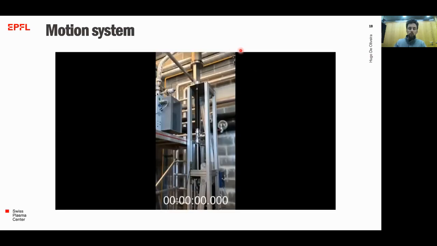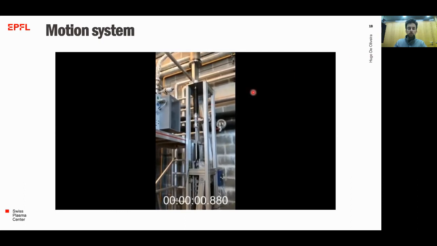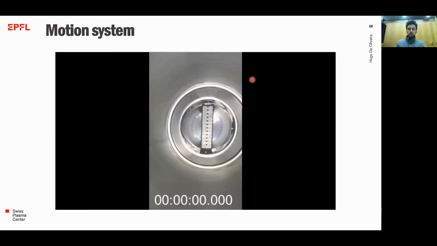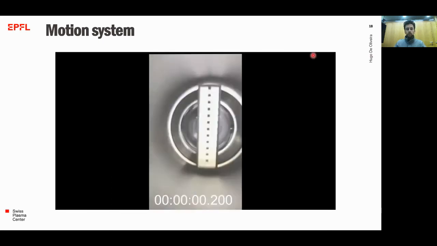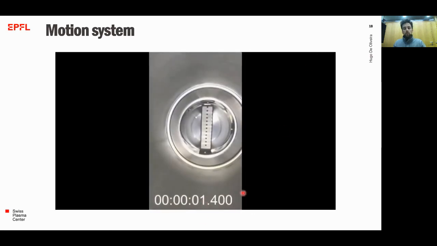Before we installed all the motion system on the tokamak, we made a test bench in a building next to the tokamak building. And here is a slow motion video of a reciprocation. You can see here the bellow moving up and down. The same video in the vacuum. And within 1.1 second, we are able to make 3 motions of 0.4 meter, so a pretty long plunge.